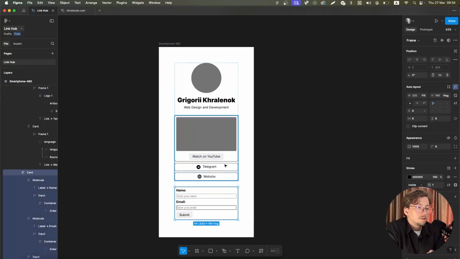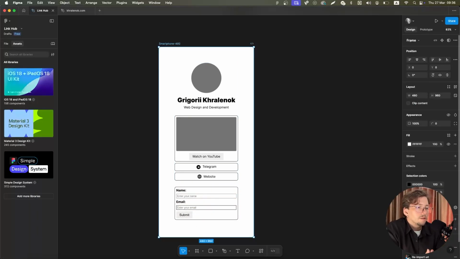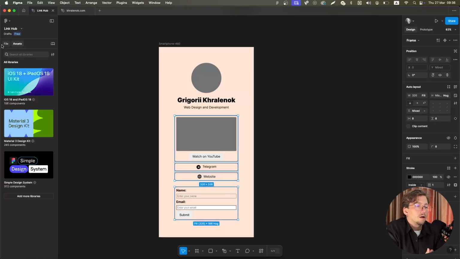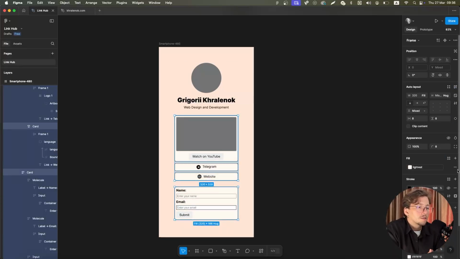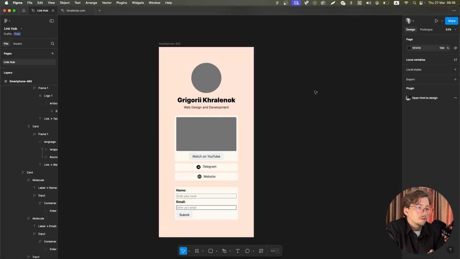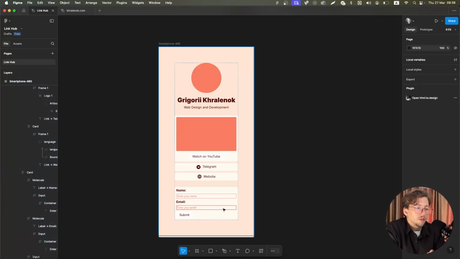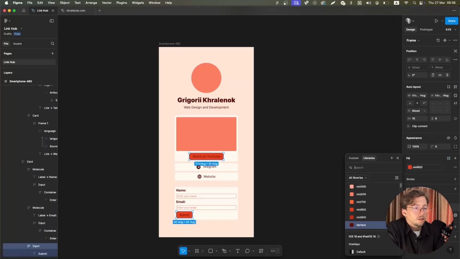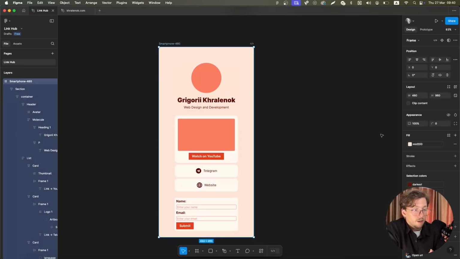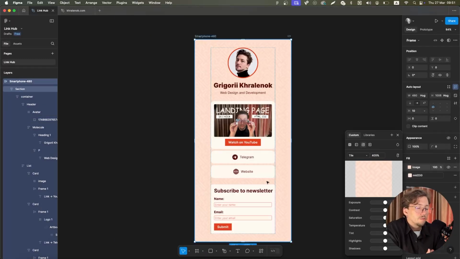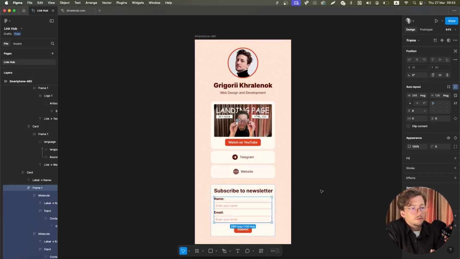And it's time to color the page. My brand has a nice pastel red palette. For background, I want to have this mid 200 tone. I'll use lightest color for cards and darkest for text and icons. Mid 600 for placeholder text and mid 800 for submit button. As a cherry on top, I'm adding this geometric seamless texture to the background to make it a bit more unique. And a few final touches.